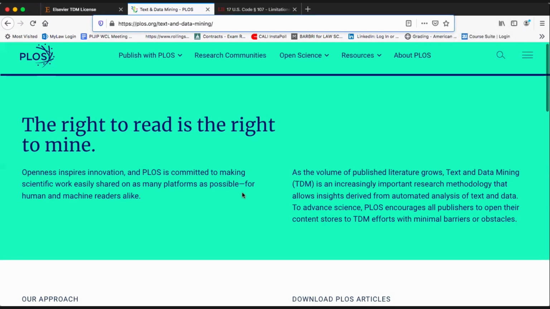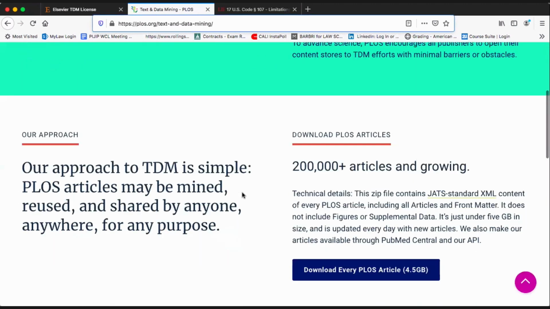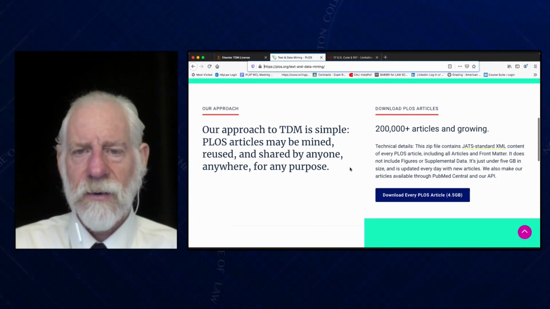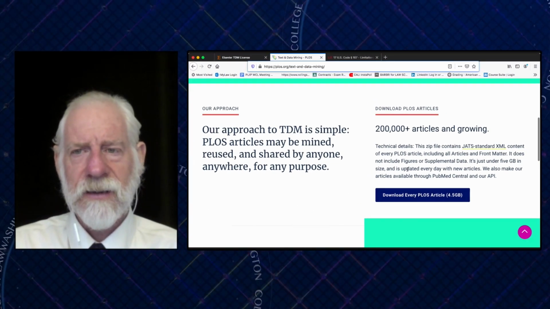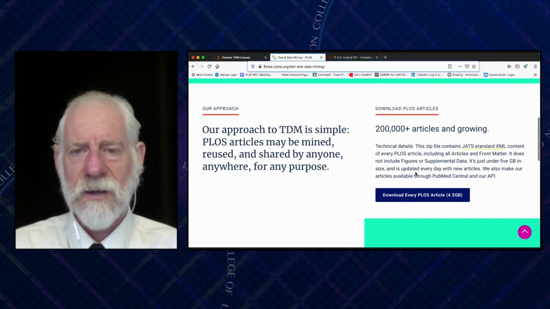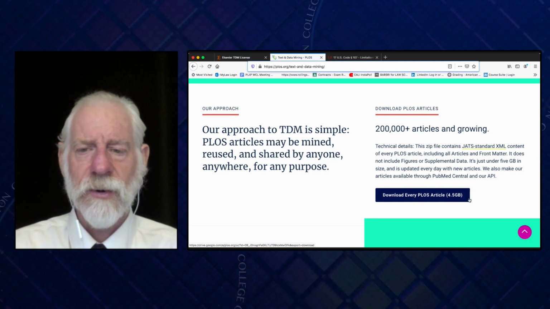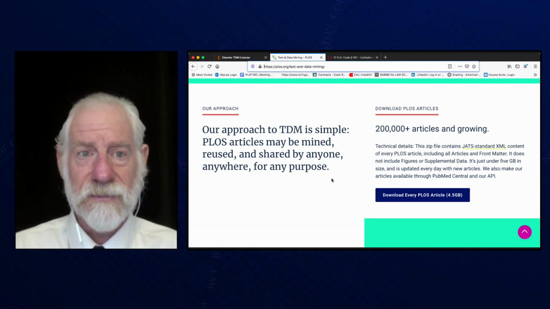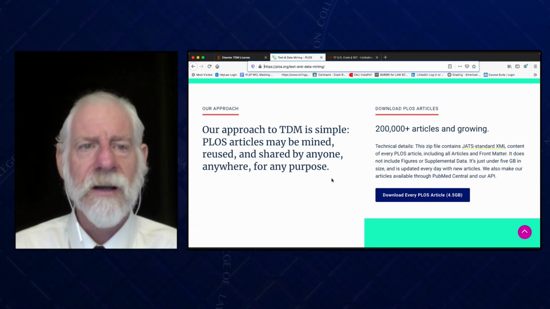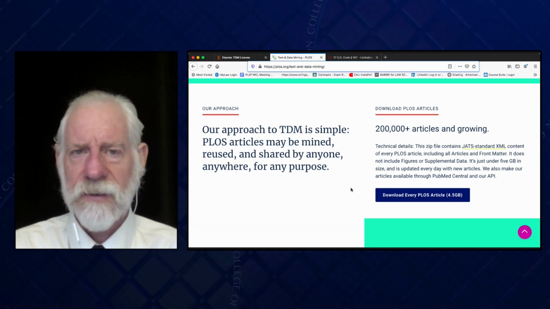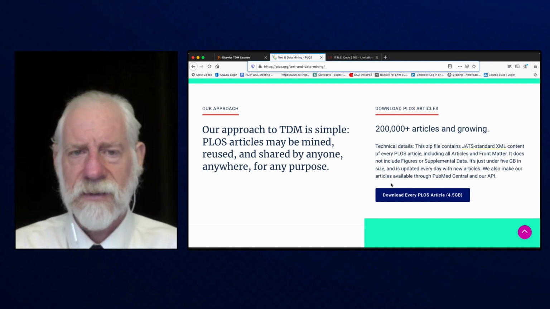And so an open access publisher like PLOS not only tells you legally that you can do whatever you want with it, but creates a data set in XML format called All of PLOS, where you just click this link and you can download 4.5 gigabytes of research articles, all formatted in XML. So you can start running your research on the data right away without having to reformat,